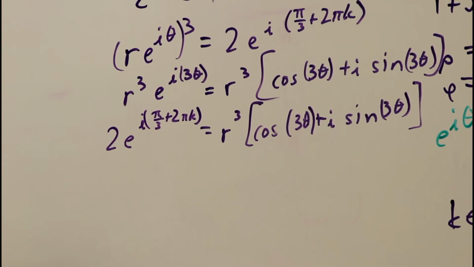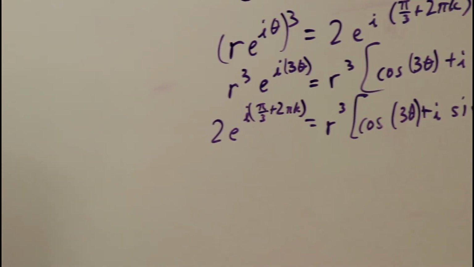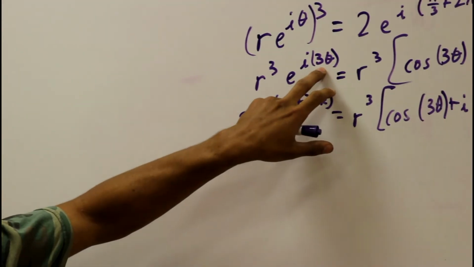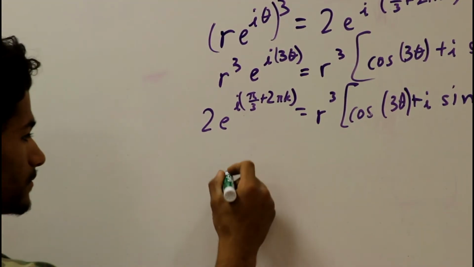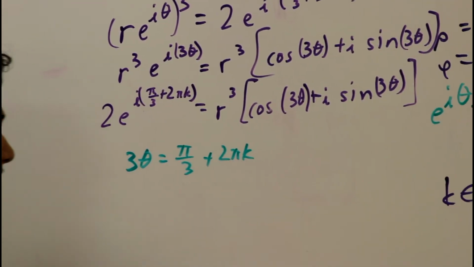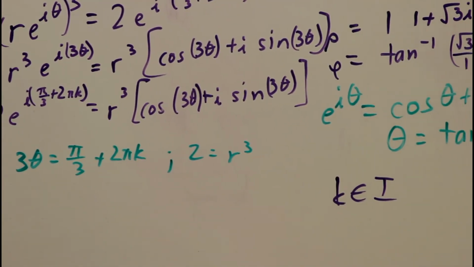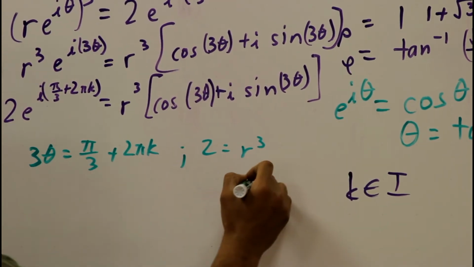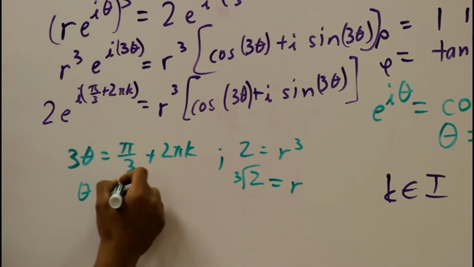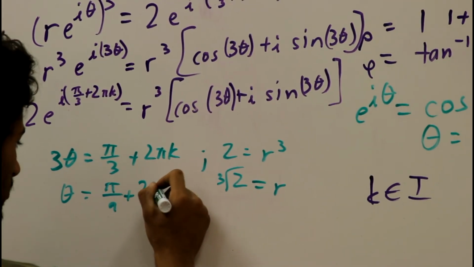Now, of course, since r and theta are real, we can just compare the real parts. This 3 theta equals pi thirds plus 2 pi k, and 2 equals r cubed. And so the r is just the cube root of 2, and the theta is just pi ninths plus 2 pi thirds k,